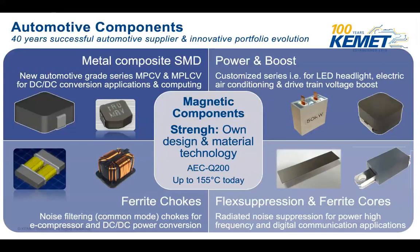There are traditional power inductors, SMT ones usually, which we are also doing. And on the power and boost side, when you really need a lot of power, we have even bigger mechanical designs. We have magnetic slurry solutions like this one, the 50 kilowatt, a big boost inductor for the drivetrain which can withstand a couple of hundred amps if you need to bring the voltage level up from, for instance, 48 volt to 100 or 200 volt,